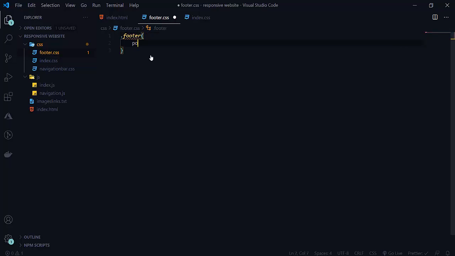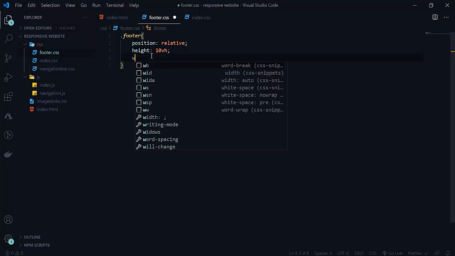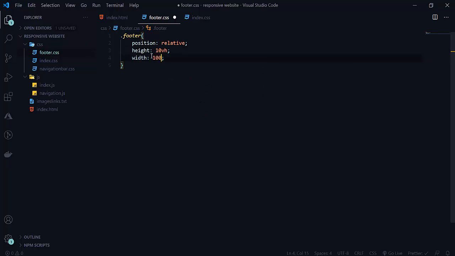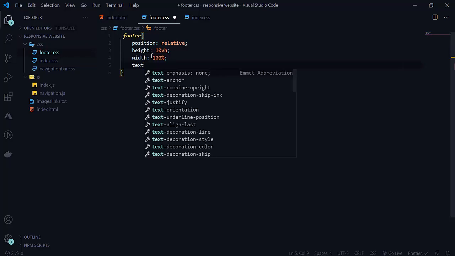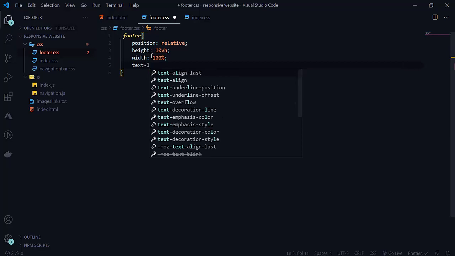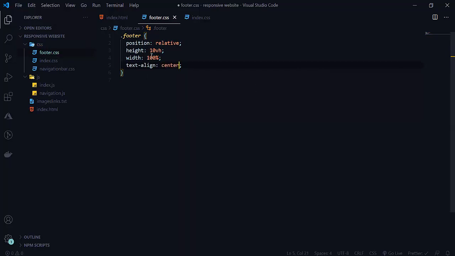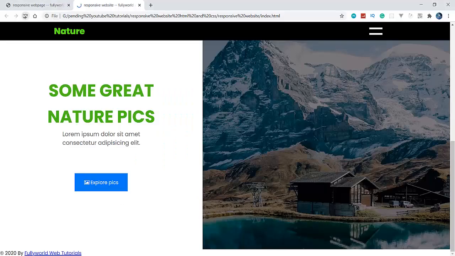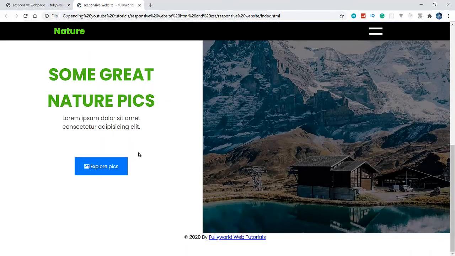Its position will be relative, its height will be 10 VH, and width will be 100%, and text align will be center here. So save this. See that we are getting this here.